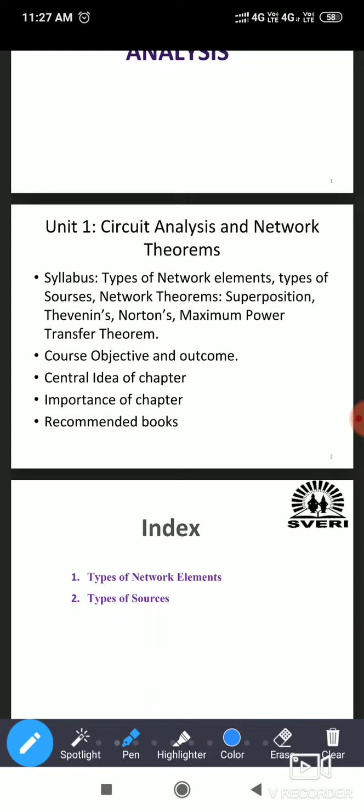So next one, course objective and outcome. What are you learning when you learn this unit number 1? So what will be the outcome here? You can easily apply the network theorems and you will get the parameters. Do you understand? So when you complete this unit number 1,